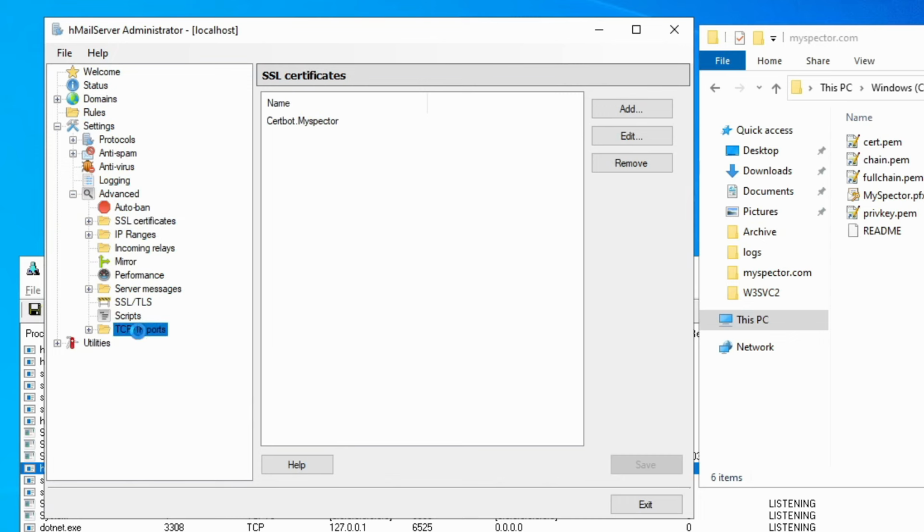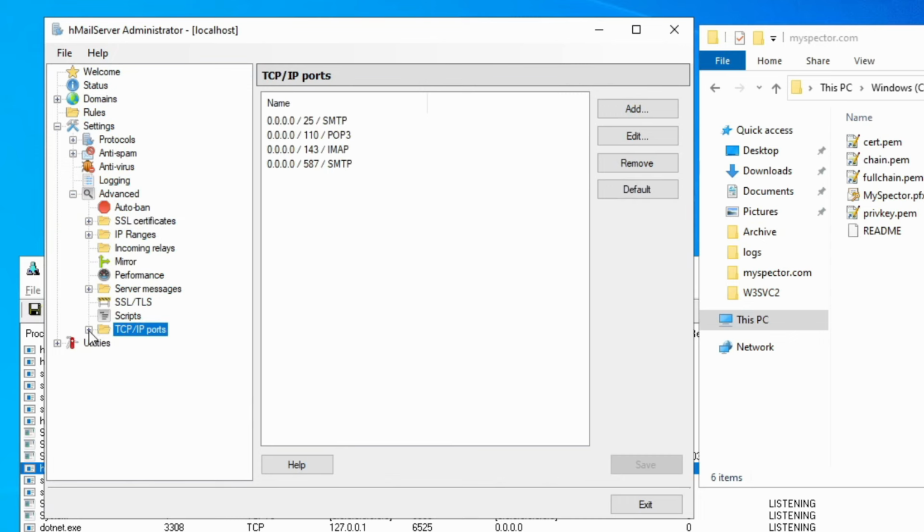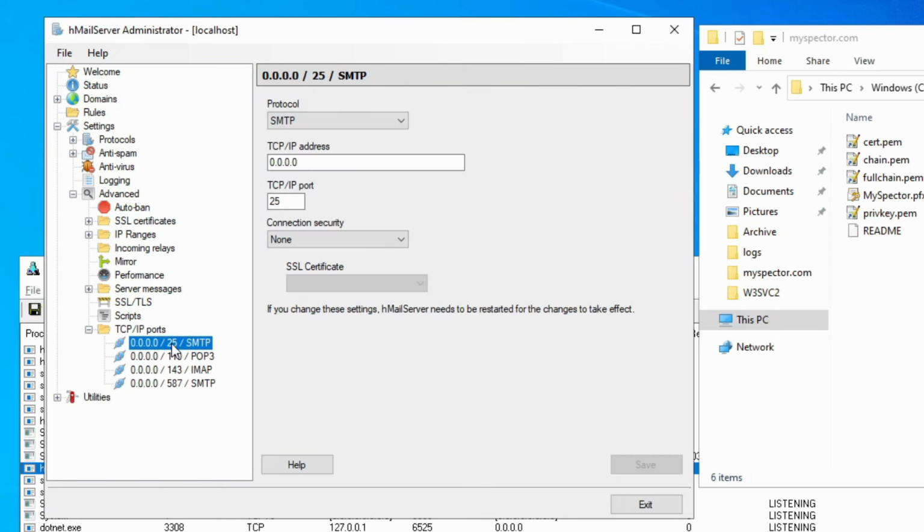Then we come back to the TCP/IP ports at the bottom here, where there are different lines with different protocols matching the TCP port. So here I want to enable the SMTP protocol for this address on TCP port 25. And here there are the settings to set the security for the connection.